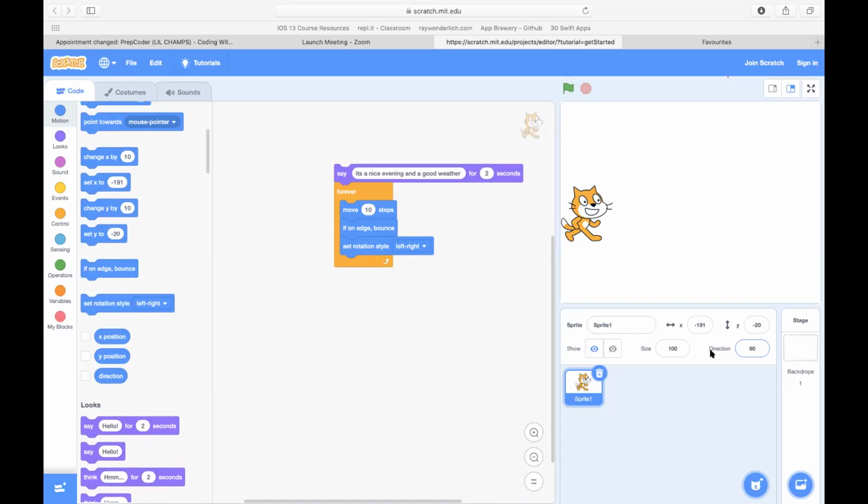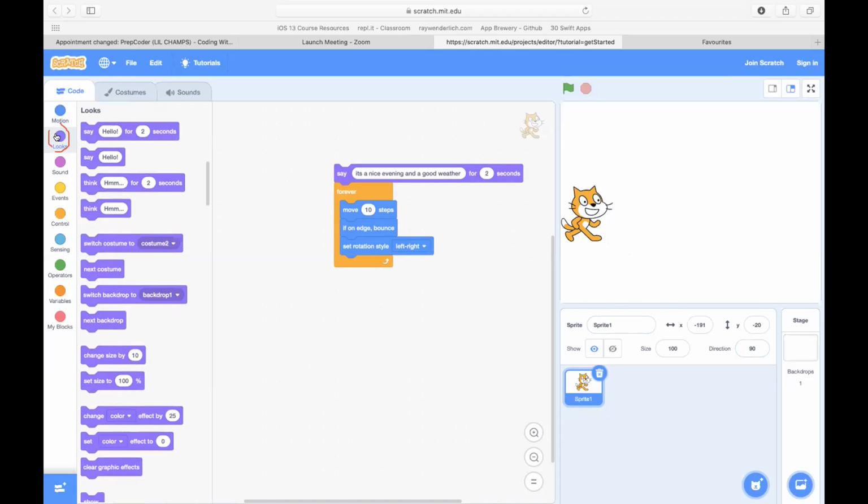Now we will change the costume of the cat, because we want the cat's legs to move. We'll go to looks over here and drag and drop the next costume over here, after move 10 blocks.